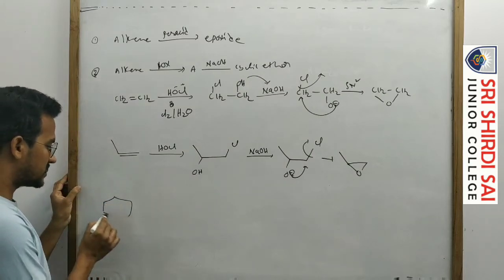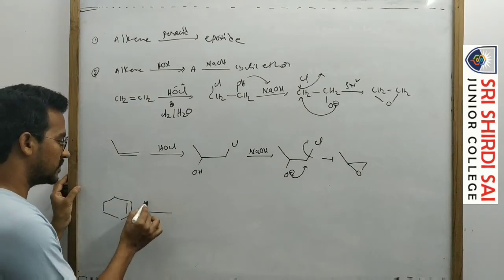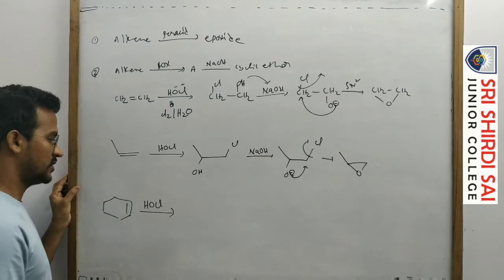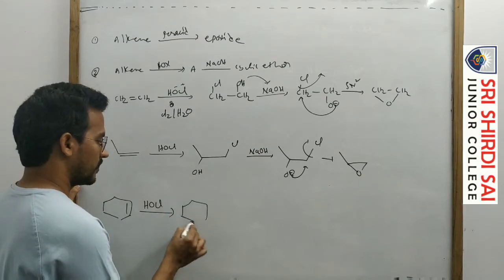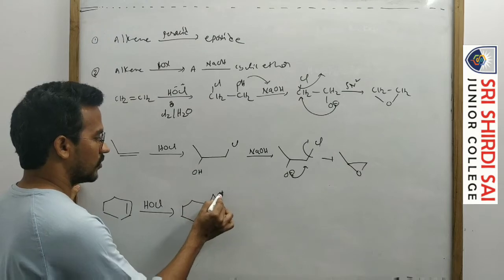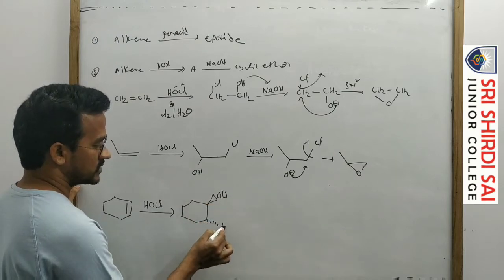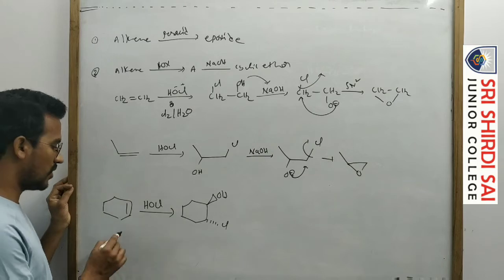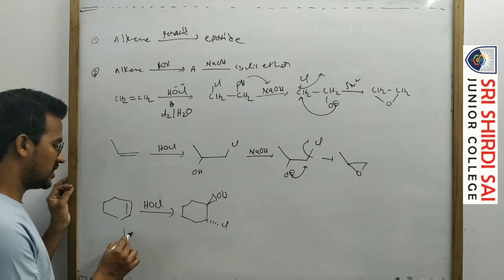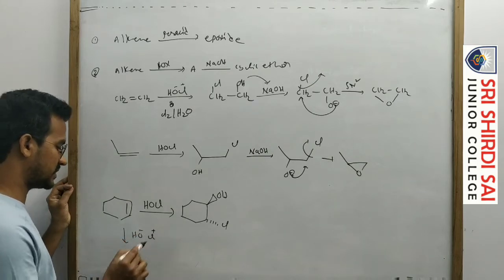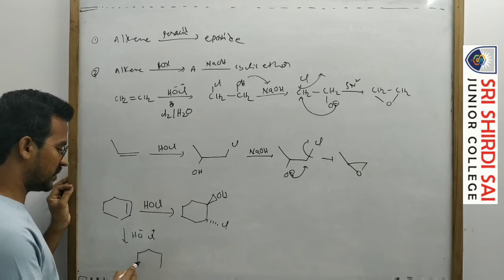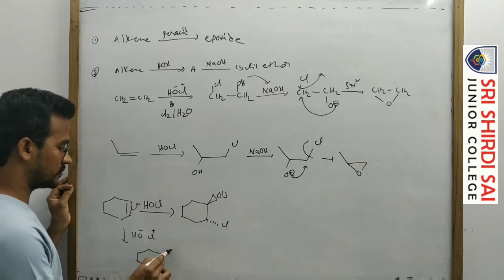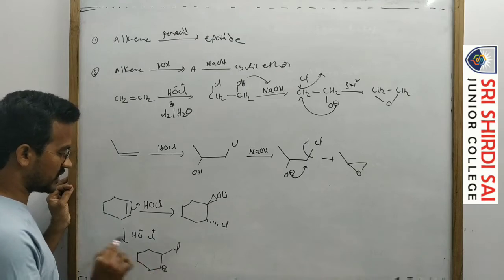First suppose the same reaction on cyclohexene. This one reacting with HOCl, OH minus, Cl plus. In this case actually, we will get the trans compound, with OH and Cl. It is an anti-addition. How does anti-addition take place in this case? Here OH minus, Cl plus. So first here Cl plus attacks on this double bond, so Cl is attached, and now this carbon carries a positive charge.